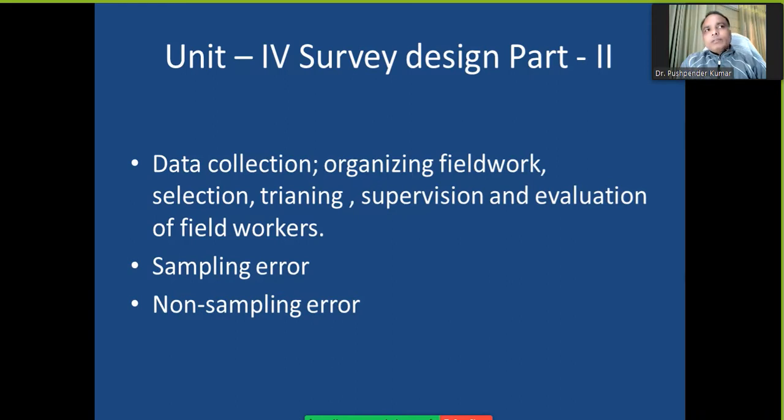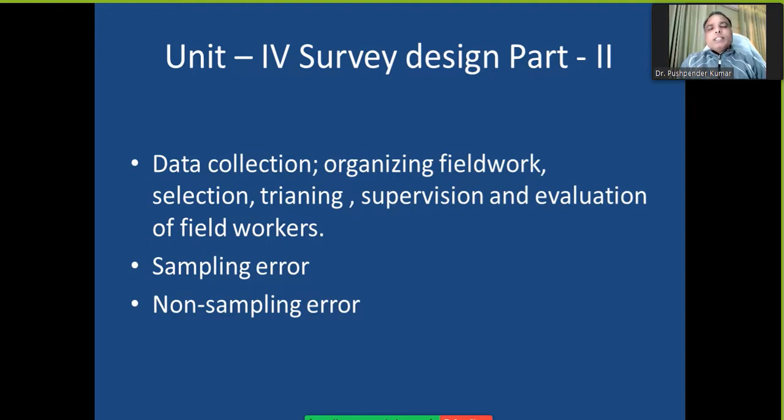And then you need to supervise all these activities, because if something goes wrong, then who would be responsible? Ultimately it would be your responsibility, because you are the principal investigator, right? Those who are representing your organization, those who are visiting people to get responses, should be trained in such a manner that they follow the code of conduct and ethical values related to research and publication.